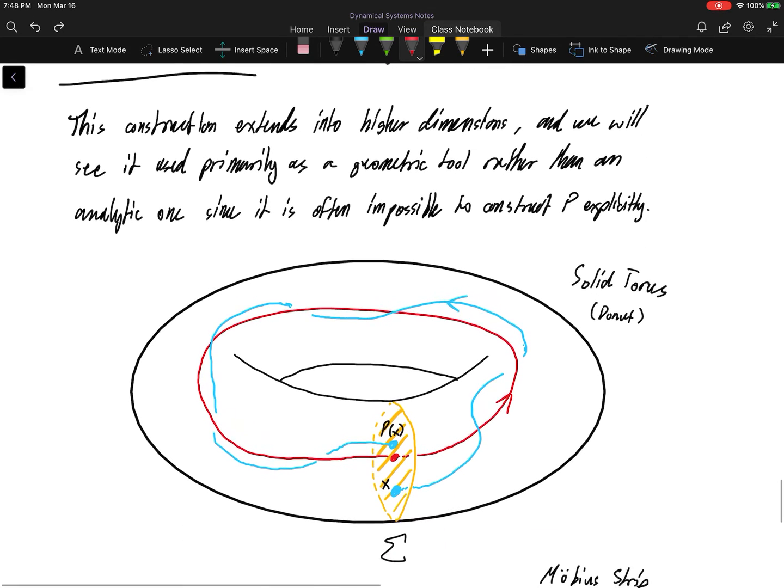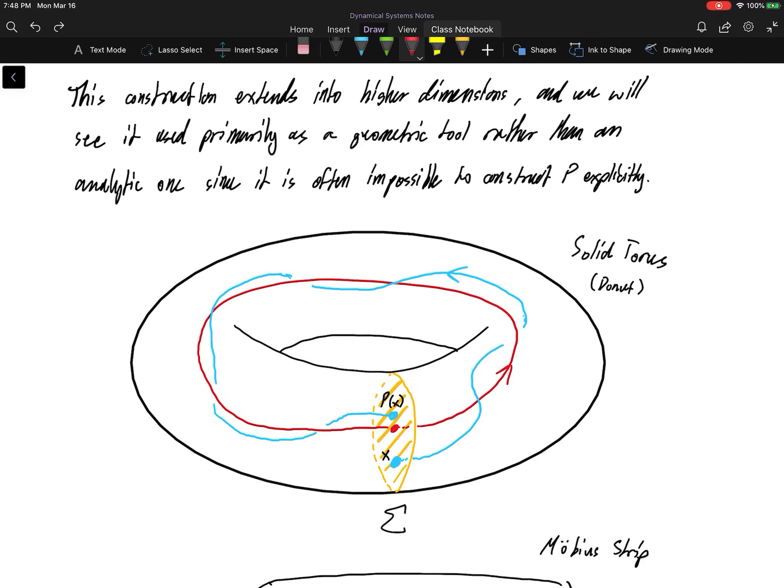Now, this construction does move into higher dimensions, and the analysis does get a little more out of reach, right? Usually, Poincaré maps are impossible to construct explicitly. So why bother talking about them? Well, because they are very strong geometric tools. So as much as they are an analytic way of discussing the stabilities of limit cycles, we often see them used in a